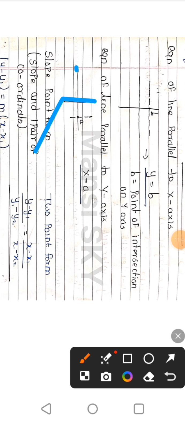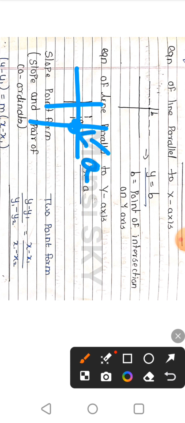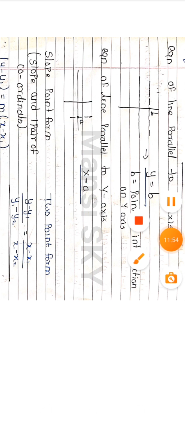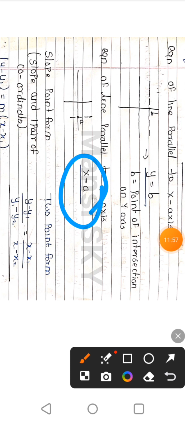If we have a coordinate system like this and we have a line parallel to the y-axis, this point is a, and the equation for a line parallel to the y-axis becomes x is equal to a. X is equal to a is nothing but the equation of a line parallel to the y-axis. Then